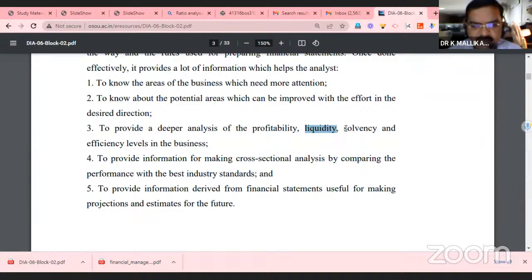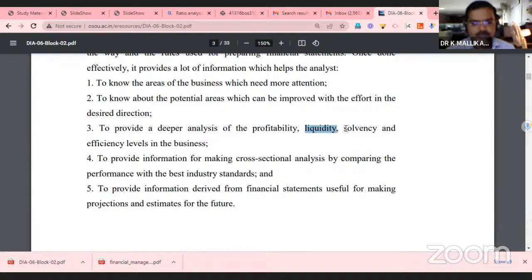Sometimes sales are increased, but profit may not be increased due to various reasons. At the same time, sometimes the liquidity position is good, but we see that all assets cannot be converted into cash within a very short span, right? And we know that debt equity ratios and solvency ratios also provide information for making